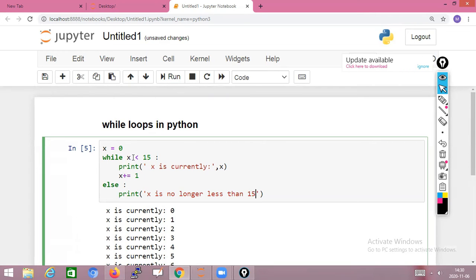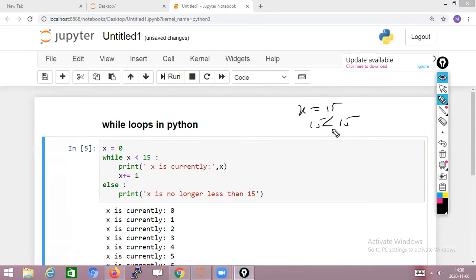Up to 14 printed. Why? Because X is less than 15. When X equal to 15, it is not less than 15. 15 less than 15 is not true. When X equal to 15, what will you get? 15 less than 15, it is not true. So that means X is no longer less than 15.